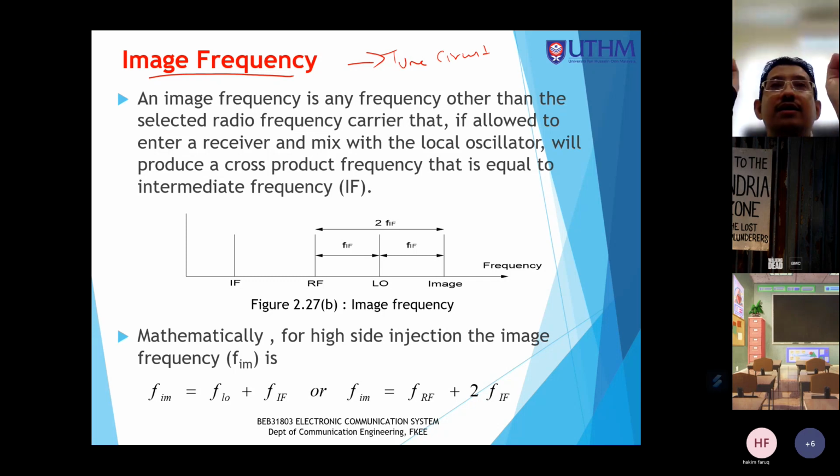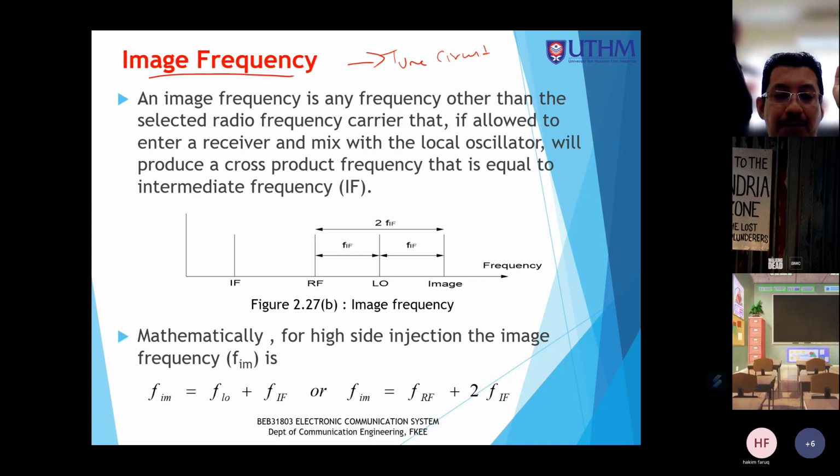So secara analoginya dia adalah kembar dari segi komponen frekuensi, komponen itu dia nampak kembar. So receiver tidak dapat membezakan antara mana satu yang betul. Which one is the desired frequency yang kita inginkan. Okay, kalau image ini masuk ke dalam receiver, maka receiver mempunyai masalah untuk menentukan yang mana satu adalah